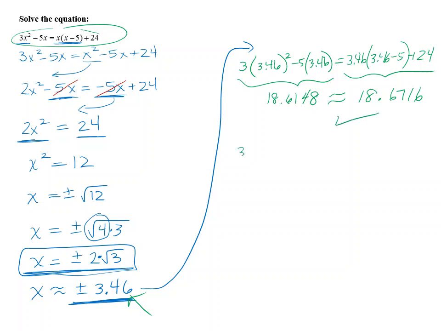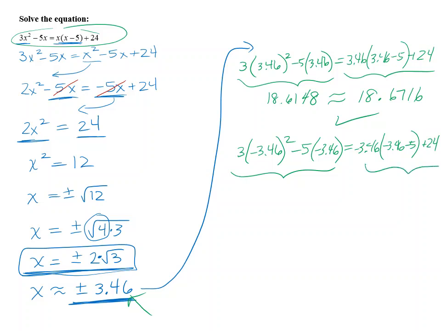That can really be attributed to round off error, so that looks good. You should always check the other solution as well, negative 3.46. Quantity squared, we're going to square that and then multiply by 3, and then minus 5 times negative 3.46. Is that equal to negative 3.46 times the quantity, negative 3.46 minus 5, and then plus 24? Calculate both sides. I get 53.2148